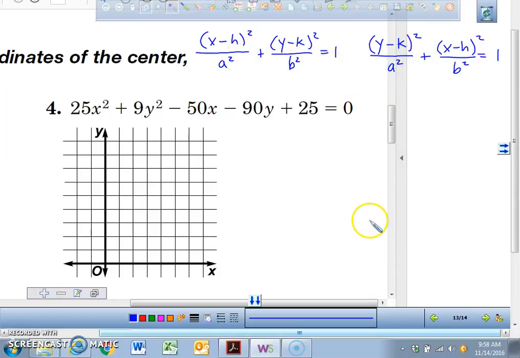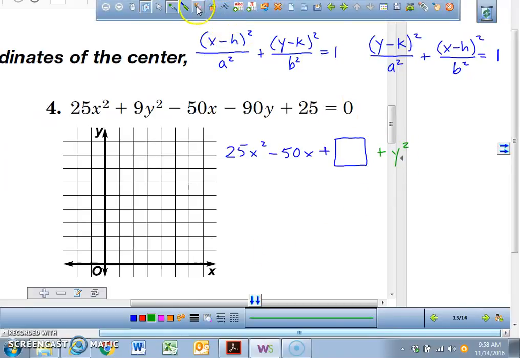Okay? The first thing you're going to do is you need to group all of your x's together. So what I'd like you to do on your paper, put 25x squared minus 50x. Okay? I'm going to put plus an open box, because eventually we're going to complete the square. Plus, not y squared, plus 9y squared, minus 90y,